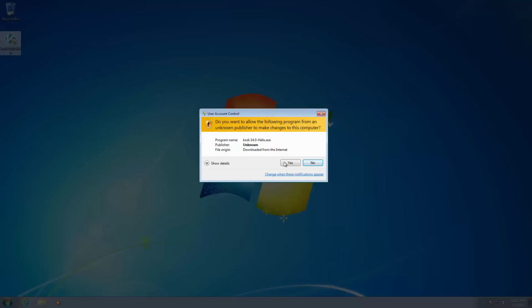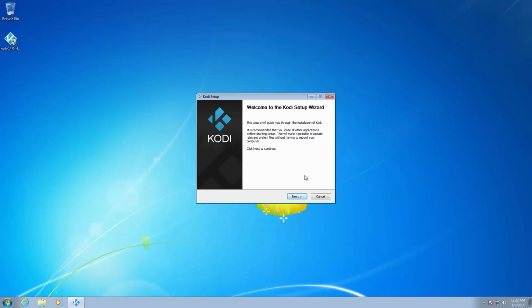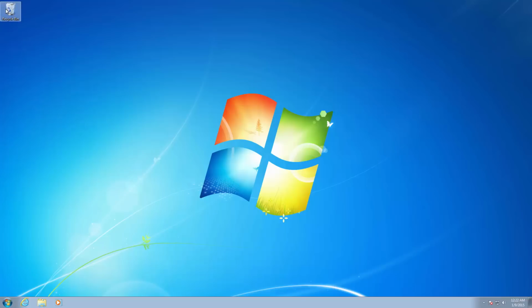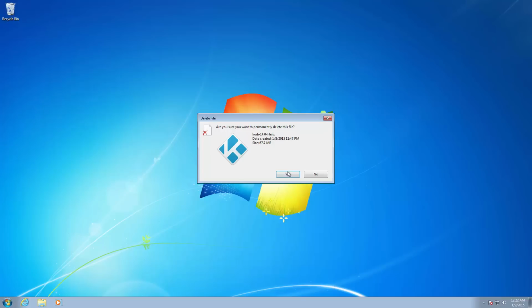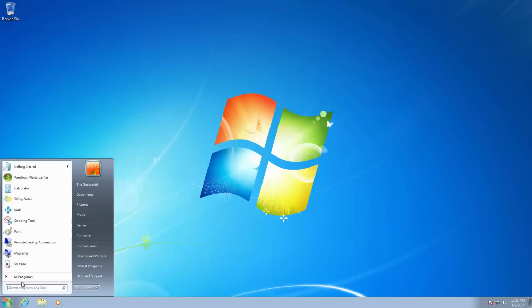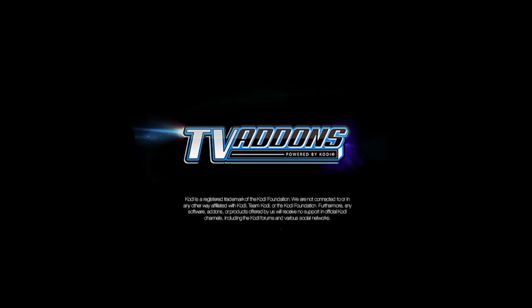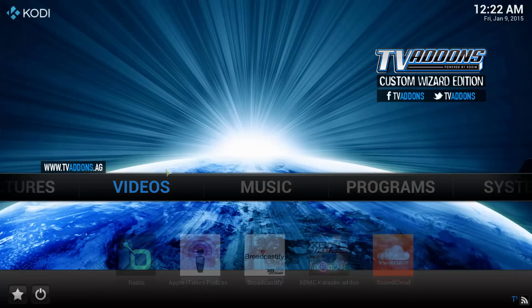So again, I clicked on the wrong item. I actually clicked on the install icon. We don't want to install Kodi, so we're going to get rid of this. Empty the recycle bin. This was the original install file. Go into start menu, click on programs, click on Kodi, and click on the Kodi icon to start up Kodi